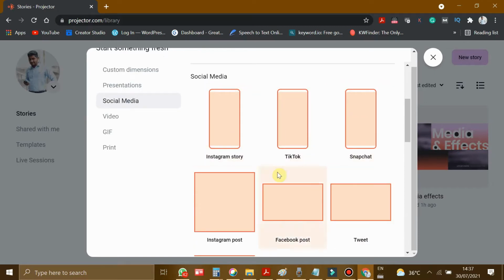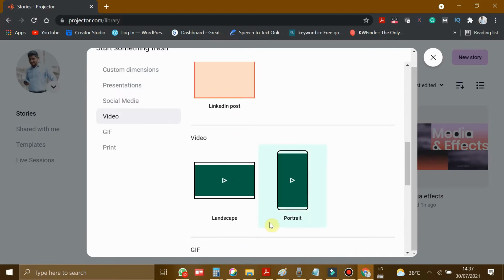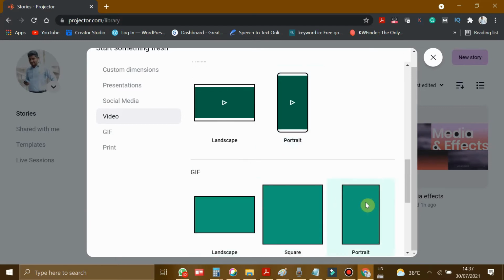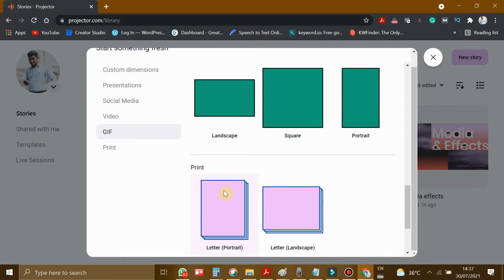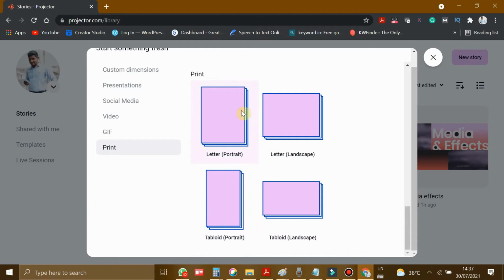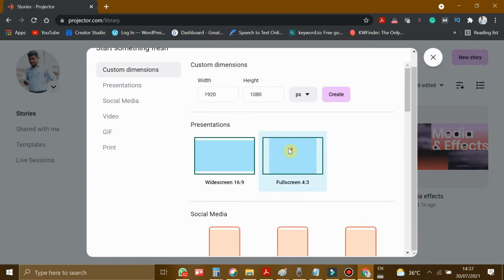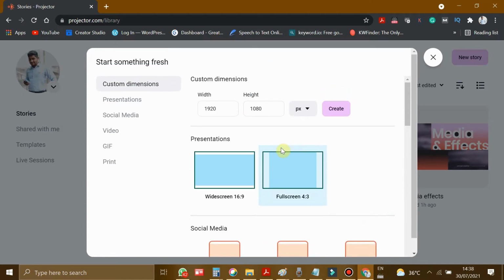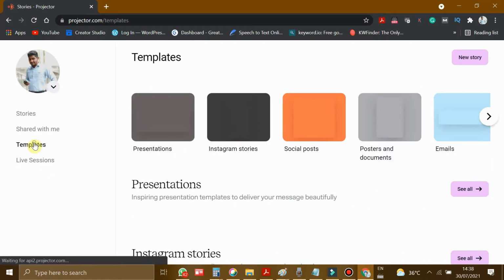This is a platform where you can design awesome social media posts. You have all the dimensions to create social media posts, and you can also edit videos, which is really awesome. You can also create GIFs, and you can create documents to print as PDF. So you have all these options in projector.com. Now let us visit the templates.